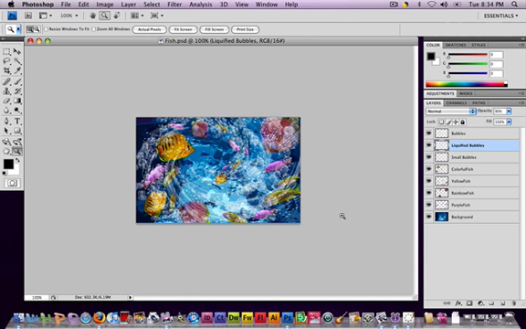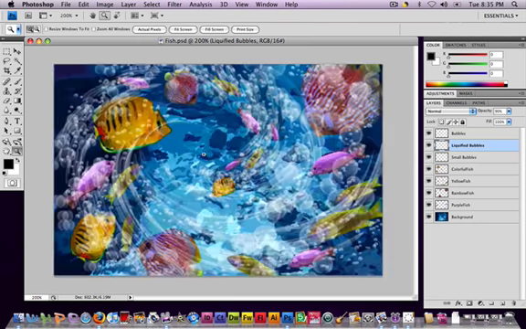What we're going to do is take a look at the hand tool and the zoom tool. We'll start with the zoom tool first. Down here at the bottom of your toolbar you have both a hand and a magnifying glass. We're going to start with the magnifying glass, which is the zoom tool. You can also use the quick key, Z, to select that tool. And once you do, you can basically click, and you're going to automatically zoom in on